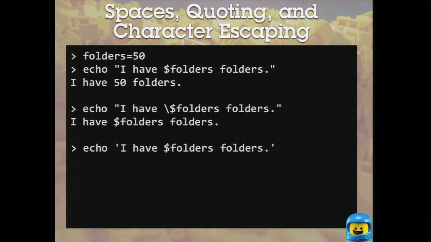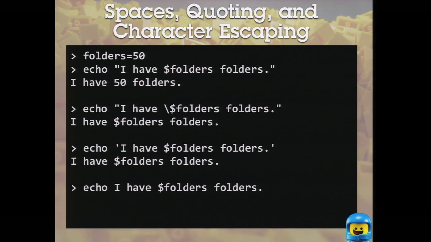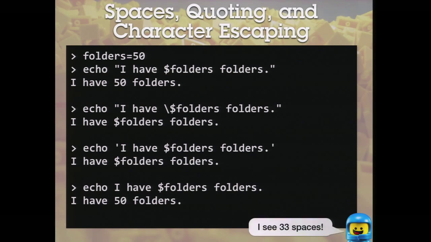If you put single quotes around it, it treats everything as a literal character, not going to interpret any variables, and it returns exactly what was inside the single quotes. Then in this special case, I'm doing a simple sentence, so you actually don't need any quotes at all. It'll return the interpreted variable. But you should use quotes, keep things consistent, because readability in your code is a good thing.